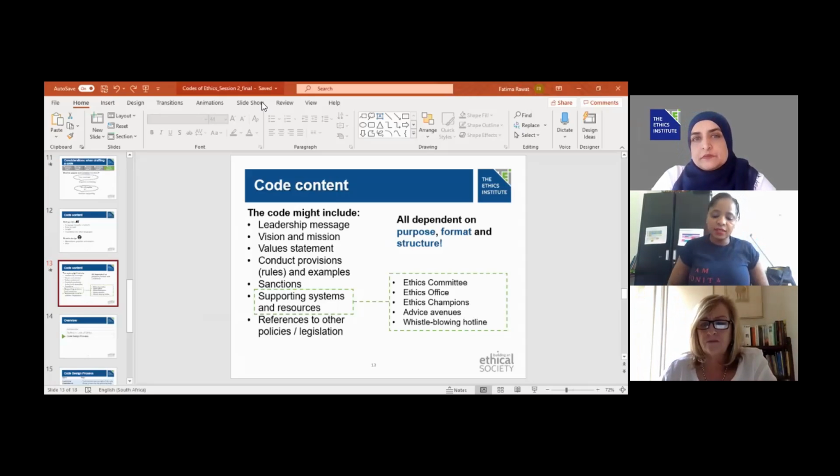Yeah, I think one of the examples that Fatima gave was the Johnson & Johnson Credo. The Johnson & Johnson Credo is an amazing code of ethics, because they tell you exactly who they're making a promise to. They start with each of their stakeholders, finishing with their shareholders, and they have a promise for their stakeholders.